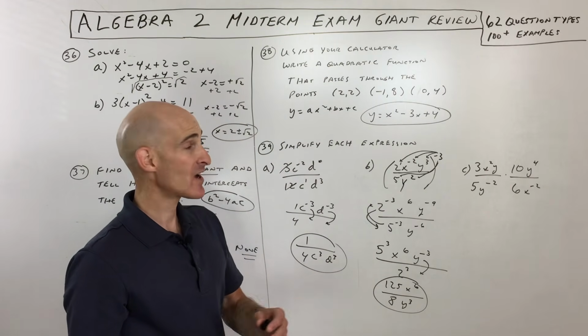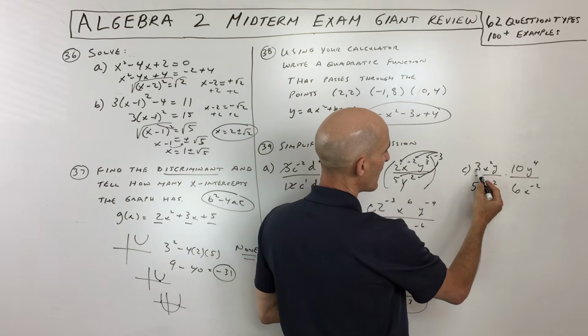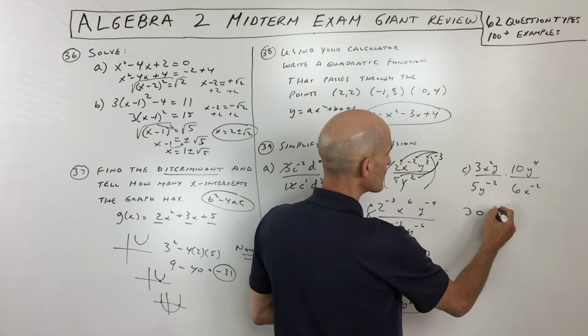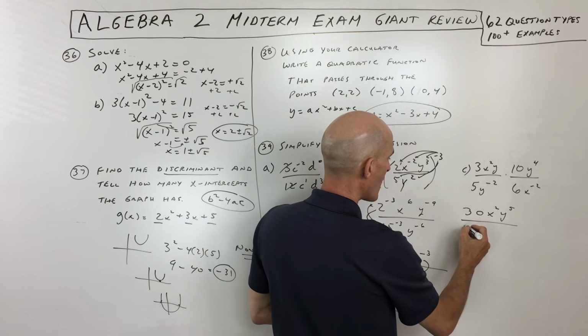So testing us on negative exponents, really important. Now for this one, a lot of students get a little confused about this, but I think the easiest way to do it is multiply the numerators together and the denominators together. So that's what I'm going to do right here. Okay, so I'm multiplying just horizontally across.